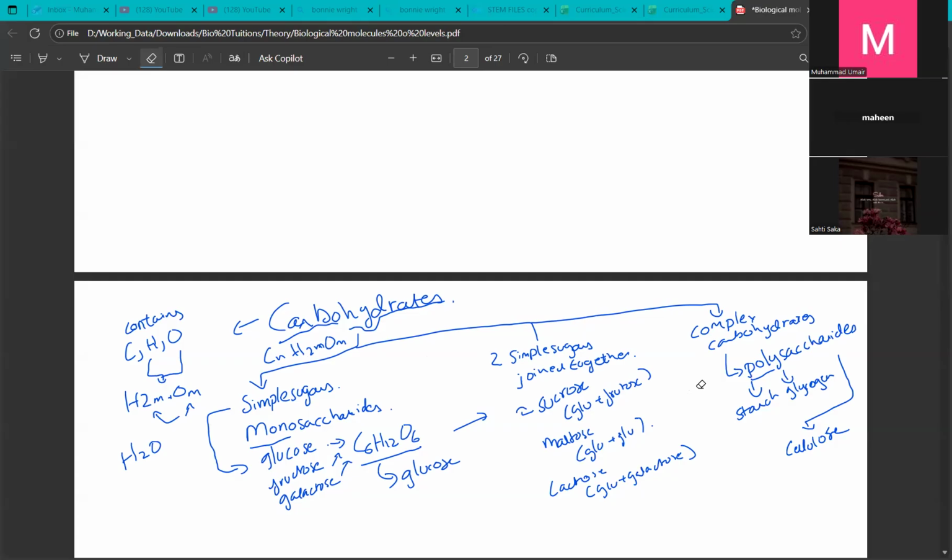So in such a situation where a larger molecule is made by repeating units of a smaller molecule, the smaller molecule is referred to as a monomer. The smaller molecule becomes a monomer, and the large molecule becomes a polymer. And this is something you will also tackle in chemistry,